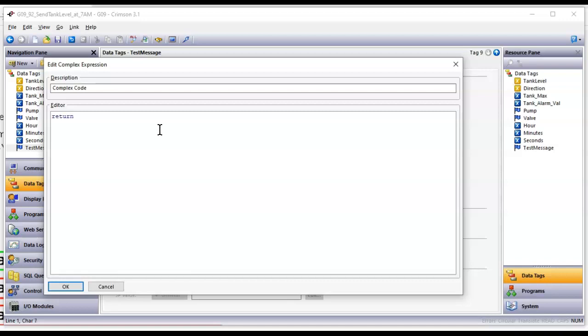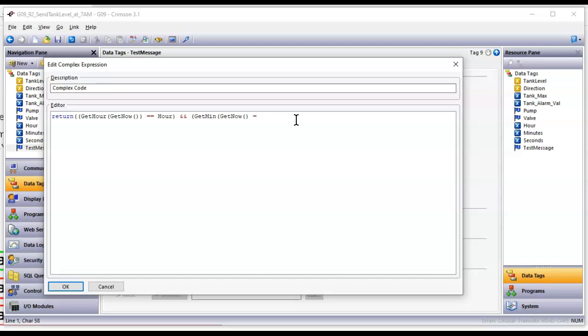Okay, and then I'll do double parentheses, and I want to get the time right now for the hour, so I'm going to do get hour, open parentheses, get now, open, close, close, and then I'm going to ask if it equals this particular tag I have called hour, so I'll drag this out here. All right, there's one condition, and then I'll do another one, because multiple conditions have to be true, so that has to equal, and then I'm going to do another one here, get minutes, get now, open, close, yep, and then I'm going to do equals,